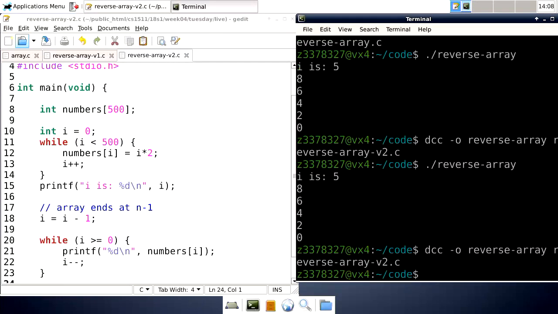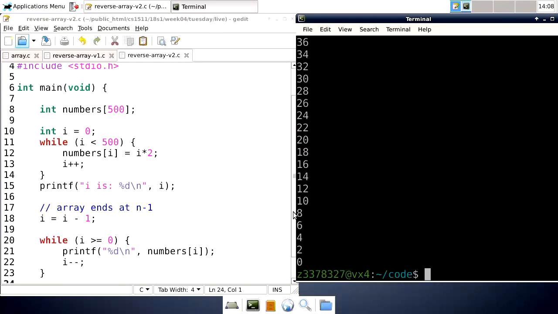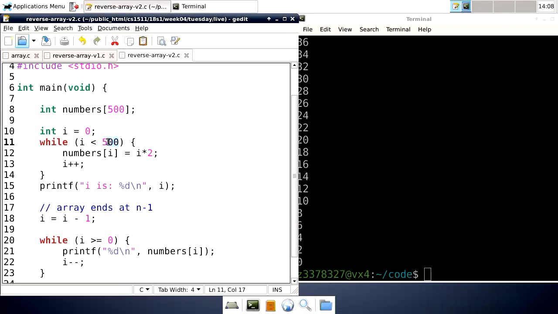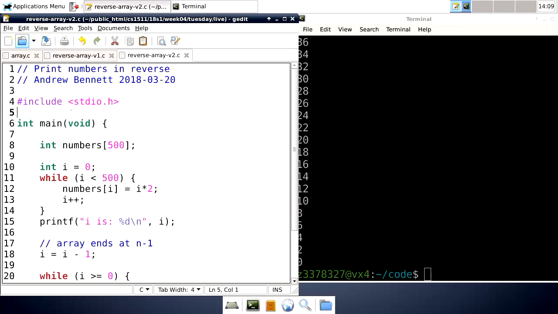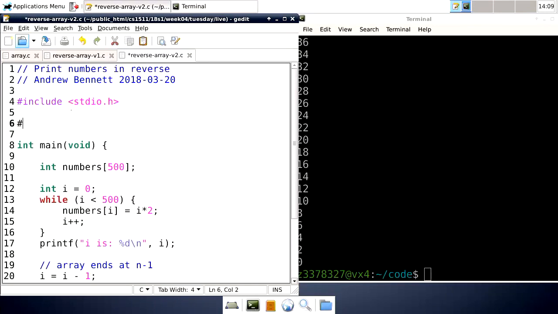When I have to change something multiple times in my code, what could go wrong? What mistake might I make? Like, I might miss one, right? I might make my array be too small or make this be too big or something. We have this fantastic thing in coding called hash defines, thus named because they have a hash and then the